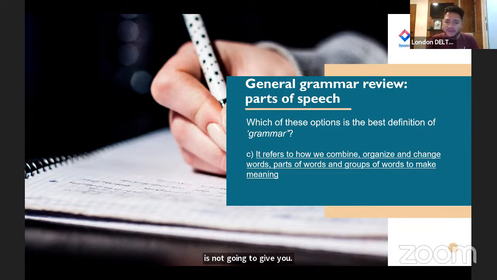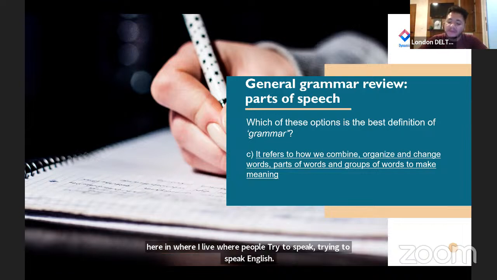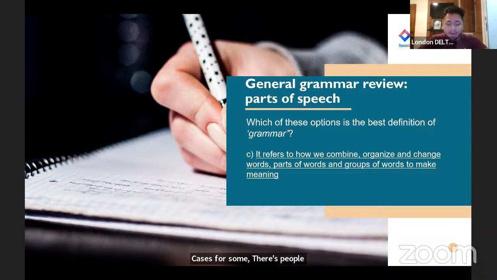So here what you have to do with the grammar, if you have a good bank of words, un buen banco de palabras, un buen léxico, entonces lo que hace la gramática es mejorar muchísimo más eso. That's why I see every day some situations, for example, here in where I live, where people try to speak English. That's the strong point. Esa es una parte fuerte de esas personas en esta parte del país que se esfuerzan por hablar el inglés aunque no lo manejan. There's people with very little education, fishermen,